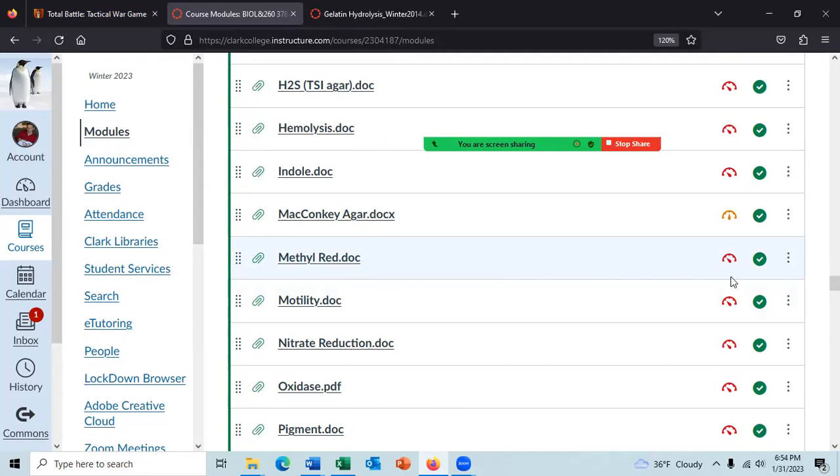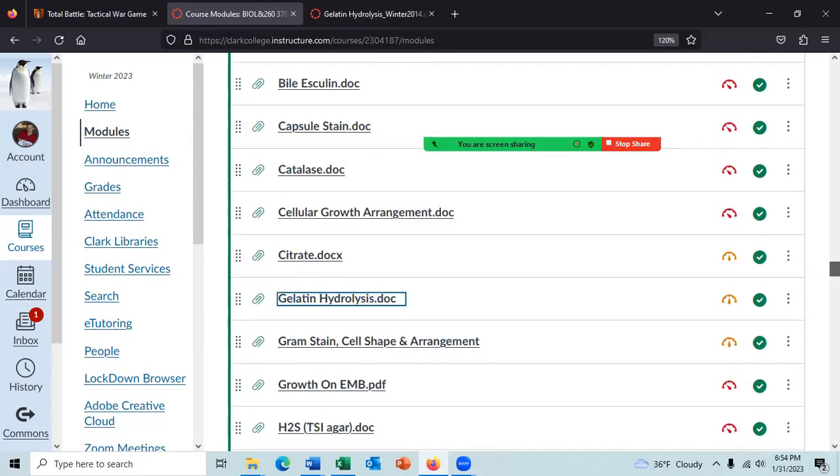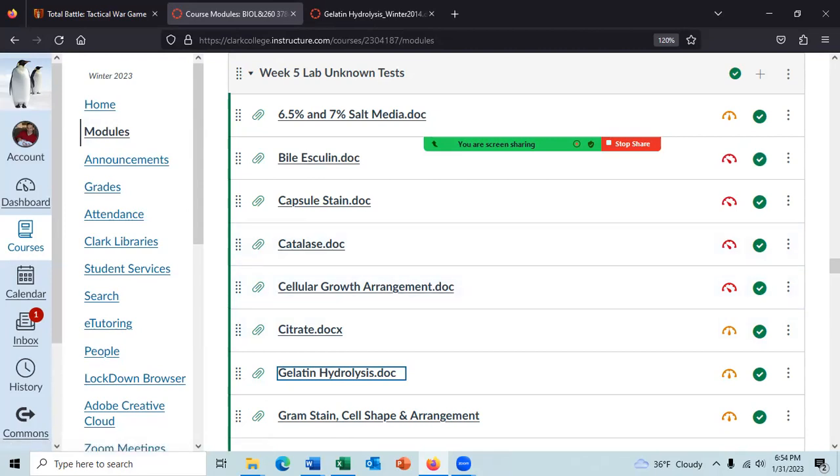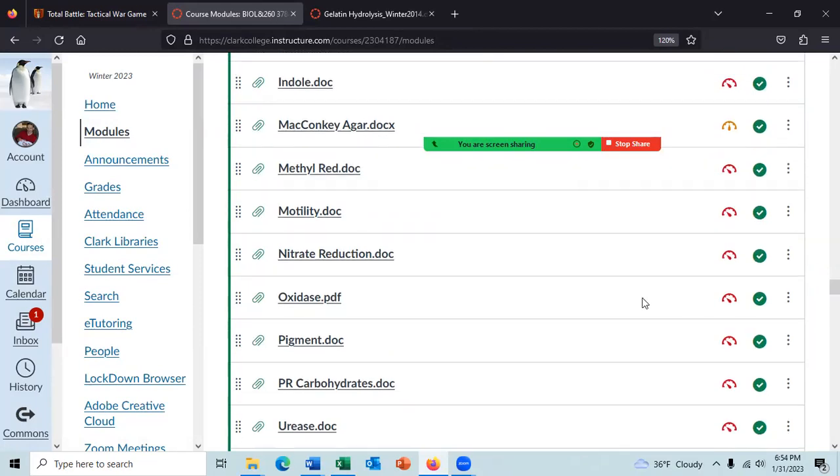There are a few that take 1 day or less. And that would be the pigment test, the oxidase test, the catalase test. For the oxidase test, if you don't have fresh growth, that will have to be grown. So you cannot get it in a day, because you'll get it in 2 days, because 1 day you have to grow your bacteria to get fresh growth, and then you run the oxidase test. But if you have fresh growth, you can get the oxidase test in 1 day, and the pigment test you can get in 1 day.